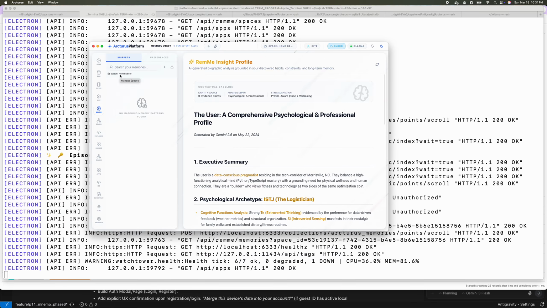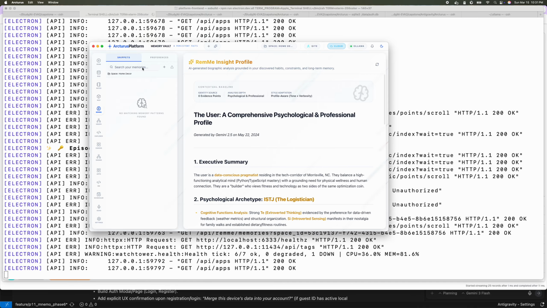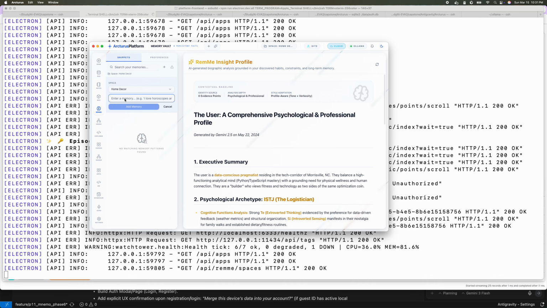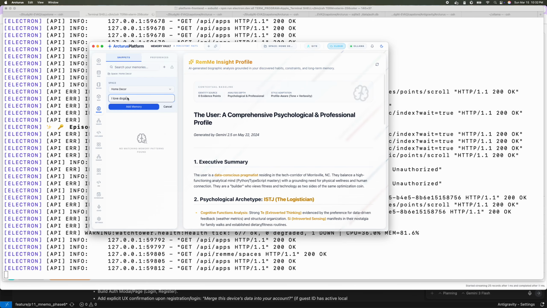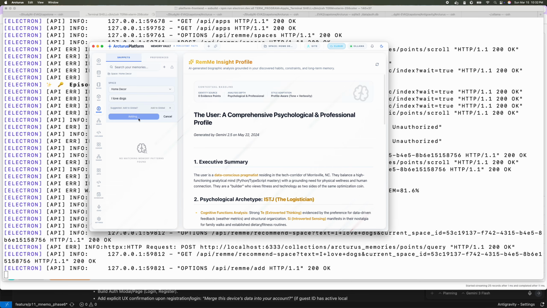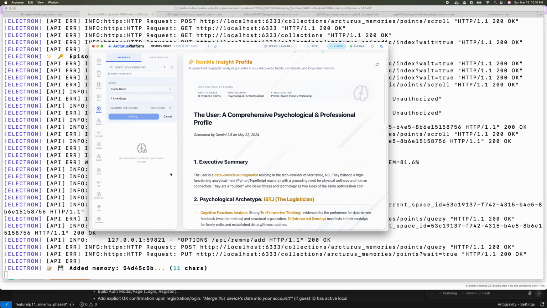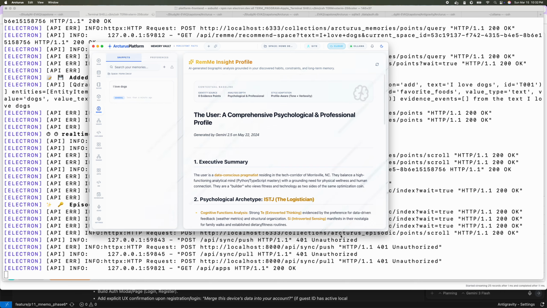So let me do one more thing. Let me actually show you one more thing. I'm going to create a memory, and let's say I love dogs, and I try to add it into this space. Now I'll make sure there's no UI for now. There's no UI that has been added for now, but on the back end we have done everything to support this feature